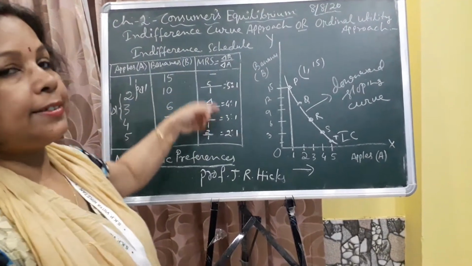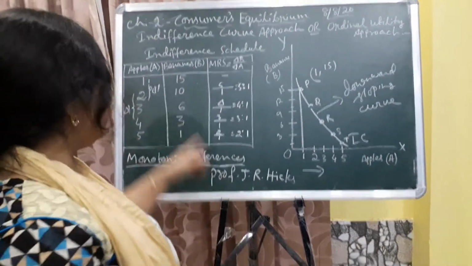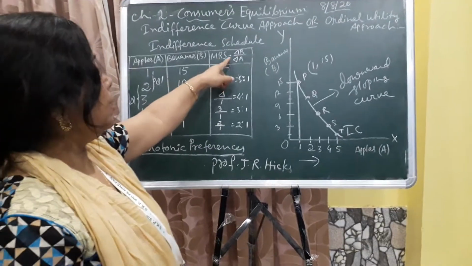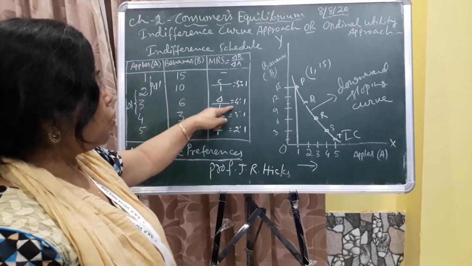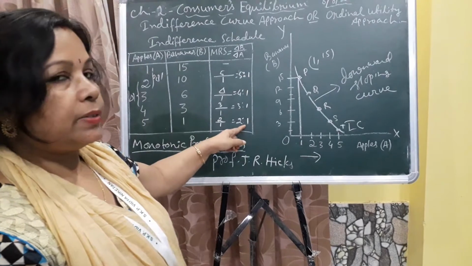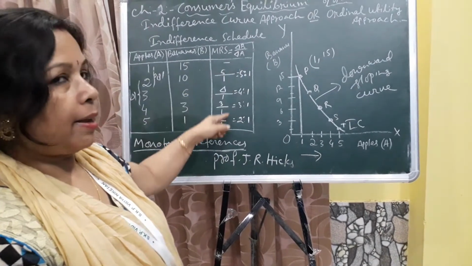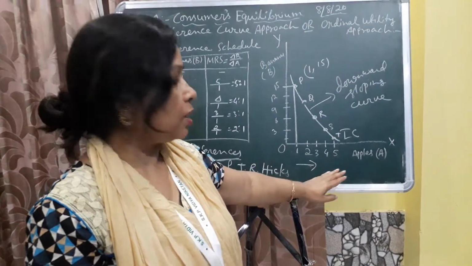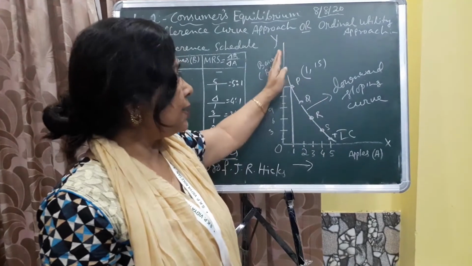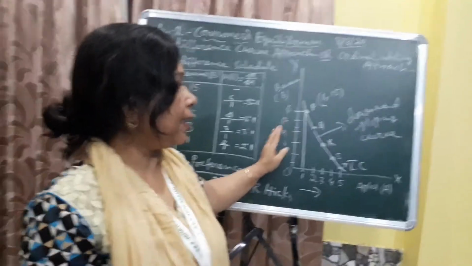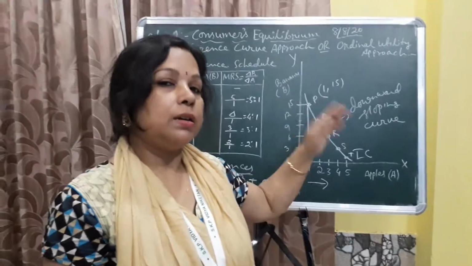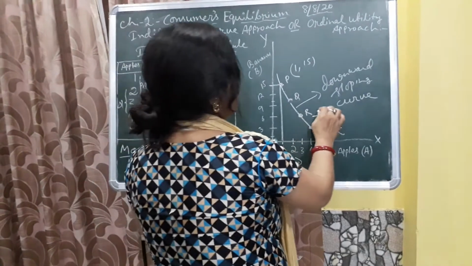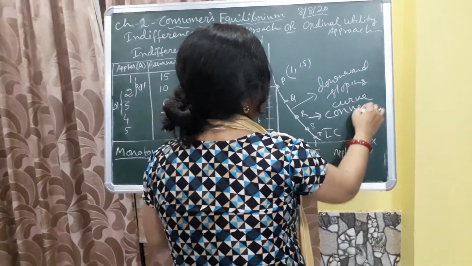So the rate changes. When we increase an extra 1 unit of a commodity, we have to sacrifice the other commodity. So the bananas sacrificed are 5, 4, 3, 2, while the apple is constant. So apples increase, bananas decrease. One commodity increases, meaning the consumption of apples increases, and the consumption of bananas decreases. That's why the shape of the IC curve is downward sloping and it looks like a convex shape. So this is convex shape.